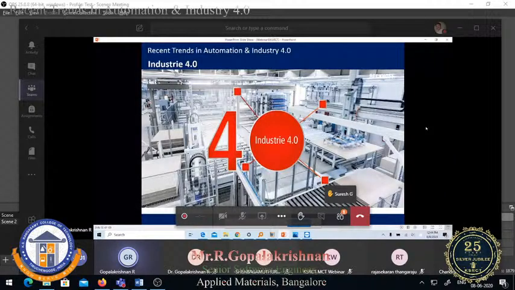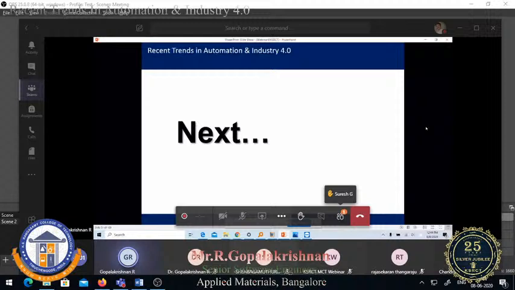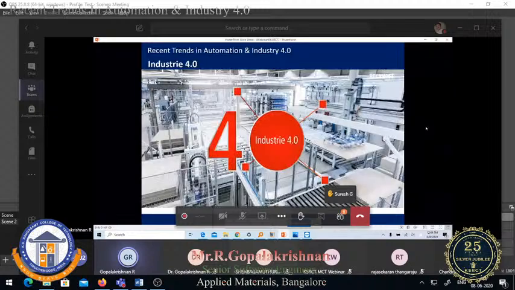So now let's talk about Industry 4.0. So what I would say is, this automation industry evolved over many years, I think from 1970 to 2020, and I got the chance to work in several projects, and I have good hands-on experience with that. But later on, in my present company, my manager told me, okay, Gopal, you did this many projects, and now we have to transform to Industry 4.0. So at that time, when he explained what is Industry 4.0,